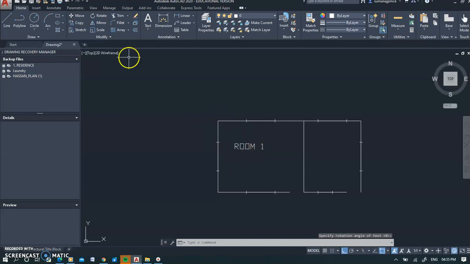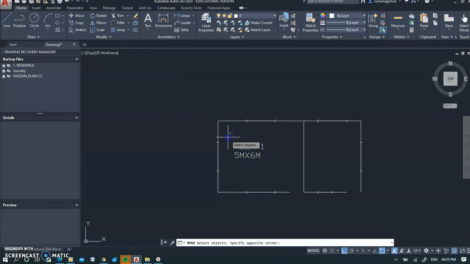The easier way of doing it is I just copy this again down here. Alright, and room 1, we know the measurement. I'm going to correct it. That means I will double click on this, and you can see the text edit. After double clicking, you can correct it. So what I will do is, it is 5 meter into 6 meter, and double click, and you are done with the first room.